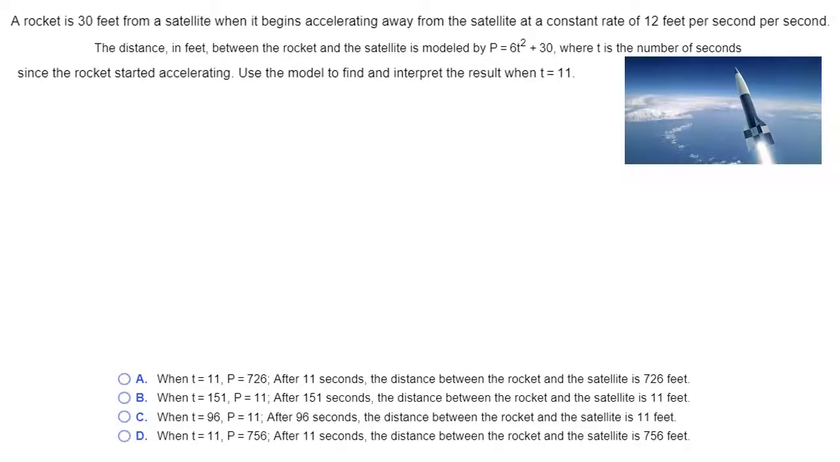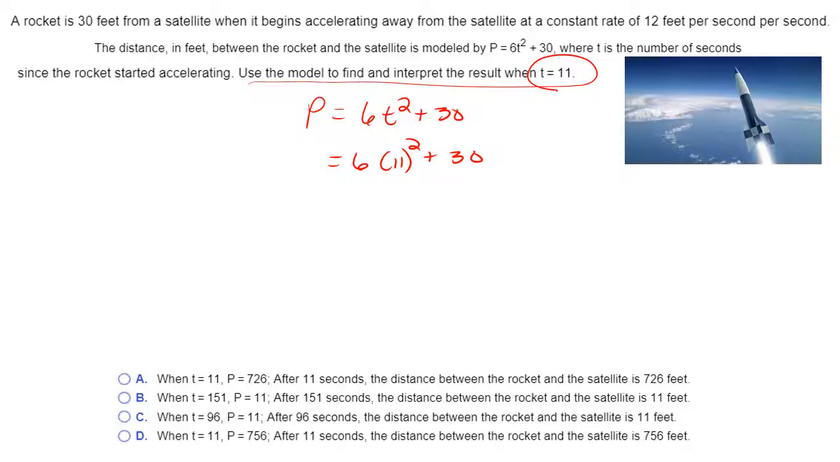Now here we have a satellite, and it's going to be modeled by this particular formula, P equals 6t squared plus 30. And it says that we want to use this model to interpret t equals 11. T is normally time after a model shoots off. So I'm going to go ahead and